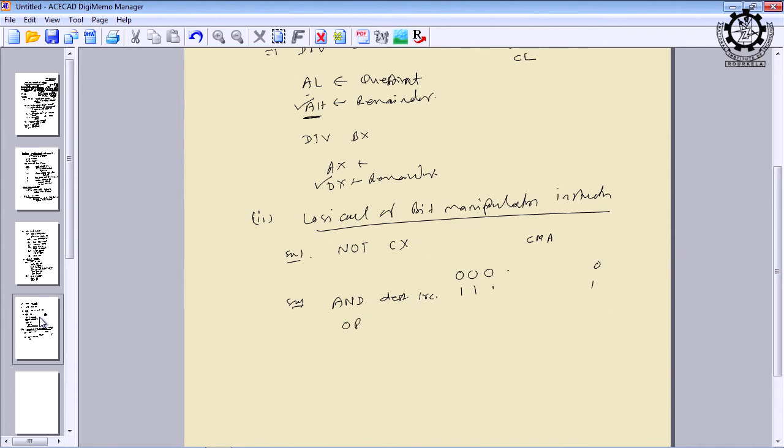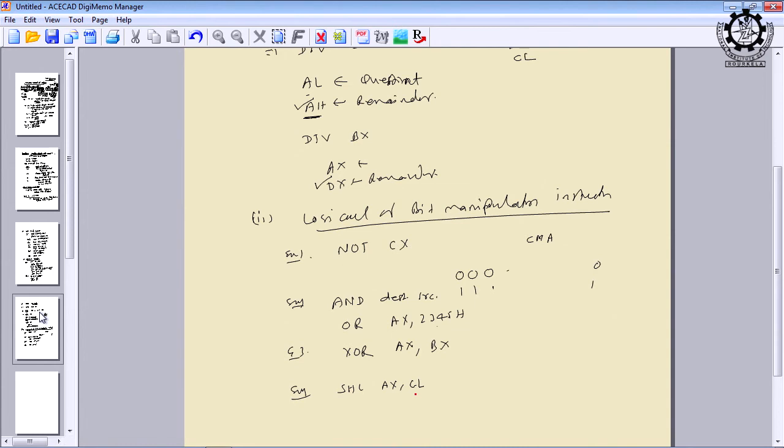Similarly, another example, OR AX, 2345H. What is the meaning of this? Here bitwise OR operation will take place. 2345 means 16 bit, that 16 bit bitwise will be ORed with a 16 bit data which is available in AX and the result will be stored in AX. Once you do a number of programs, automatically it will be remembered. Another example, XOR AX, BX. What is the meaning of this? Only in the place of OR in this case, exclusive OR operation will be carried out.